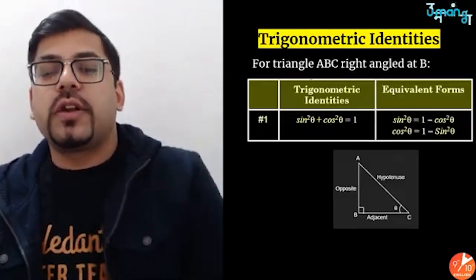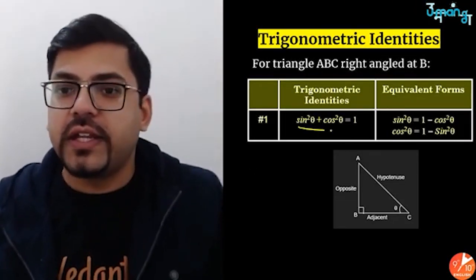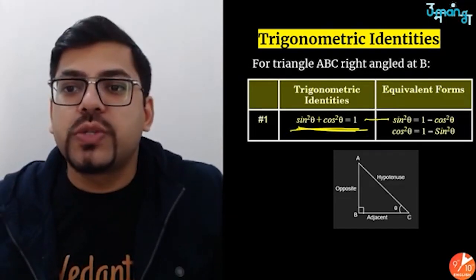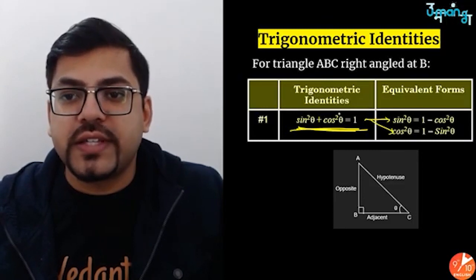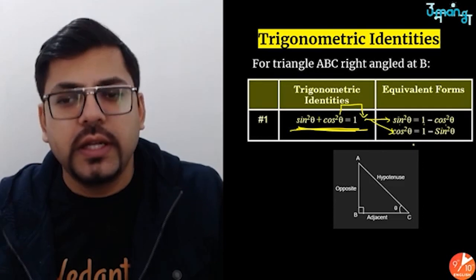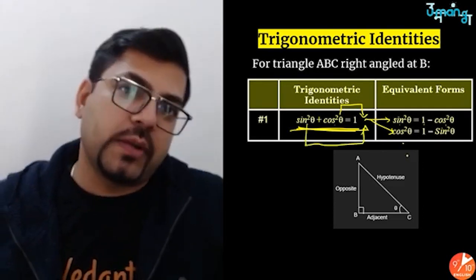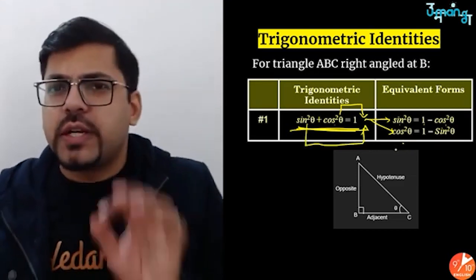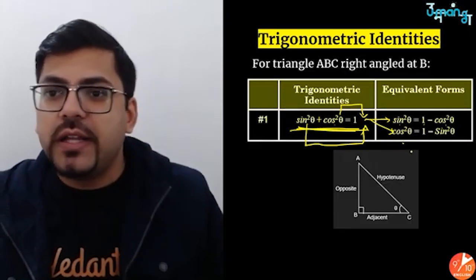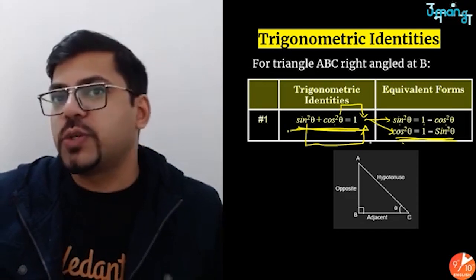If I talk about trigonometric identities, the first identity we have to take care of is sine square theta plus cos square theta equals 1. This is the most important identity, and it has two subparts. If you send cos square theta to the other side, you get sine square theta equals 1 minus cos square theta. Similarly, if you put sine square theta to the other side, you get cos square theta equals 1 minus sine square theta. These parts have just been jumbled, and hence we get two sub formulas. So this is the main formula and then two sub formulas.